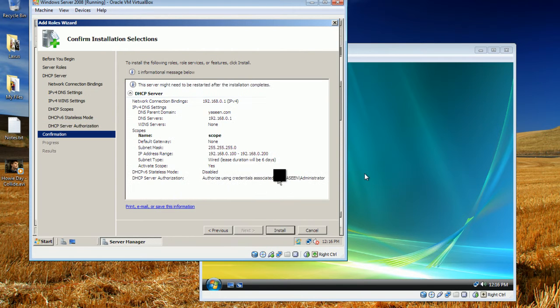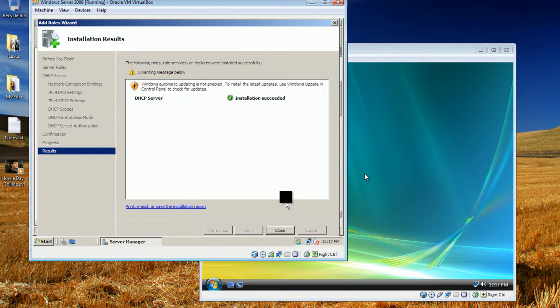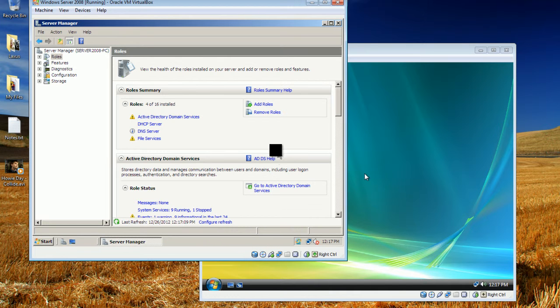Click next again and install. Okay, our installation is completed, so we'll close this, and as you can see in our Server Manager, our DHCP